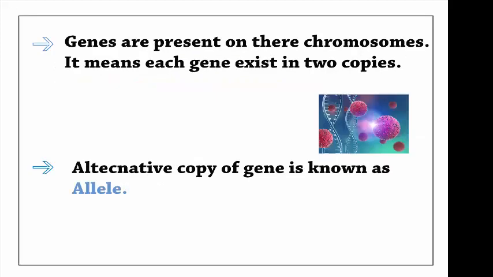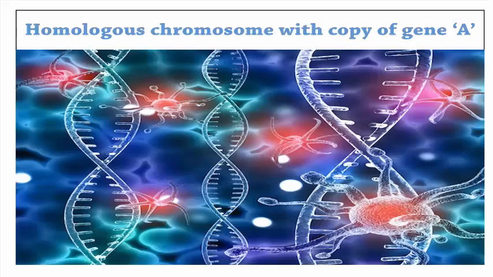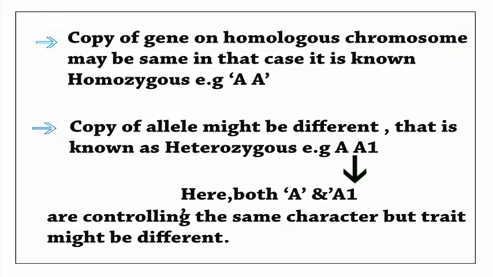Genes are present on these chromosomes. It means each gene exists in two copies. So, the alternative copy of the gene is known as an allele. Suppose we have a gene A and gene A is present on homologous chromosomes. It means gene A may contain two copies, or if the copies of the gene on the homologous chromosomes are the same, then